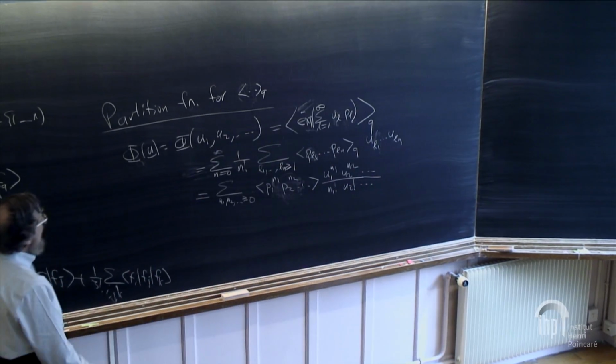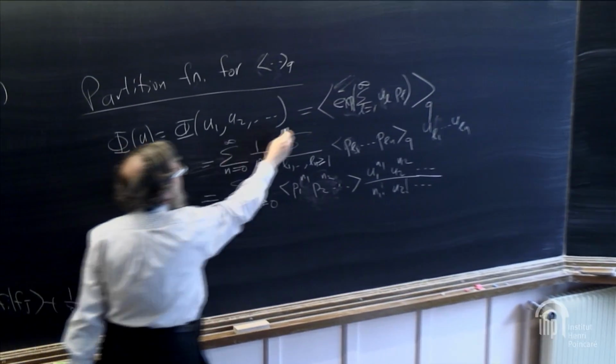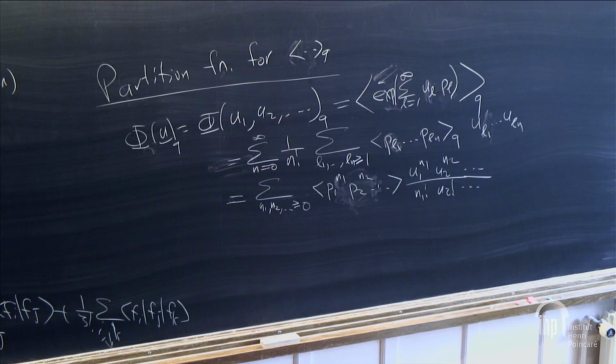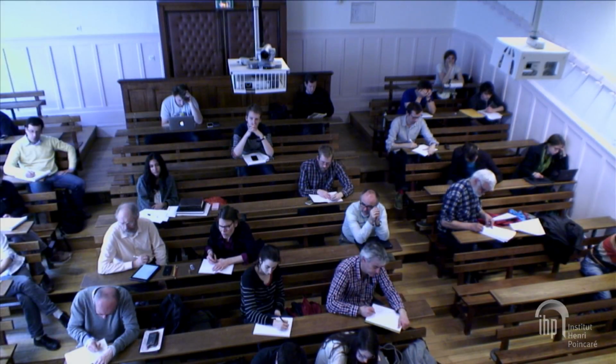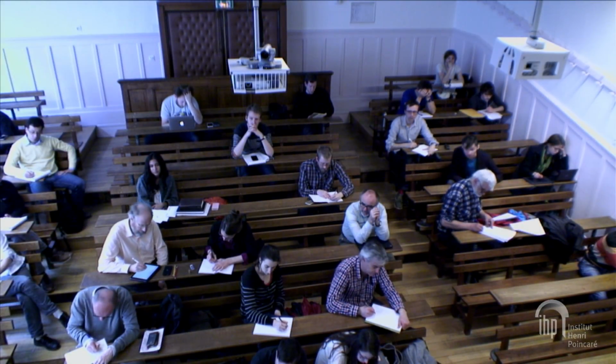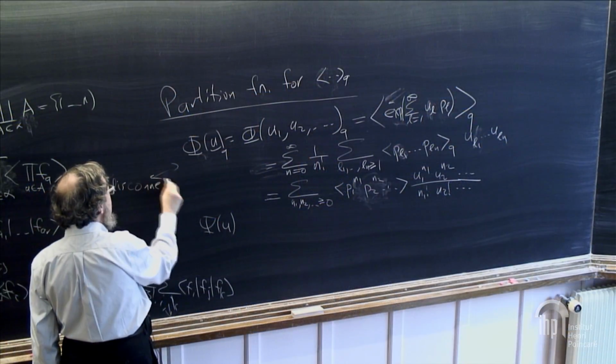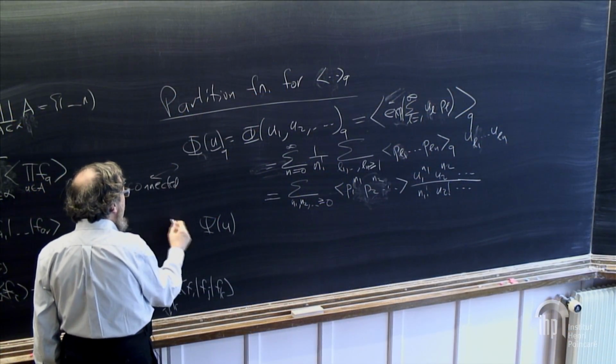Okay, so this was the, and this I'll put a Q to remind us that this is the Q bracket, and I'll remind you in a minute that there's another one which I put an X on, which is the X evaluation of that. But now I want to already, this corresponds to disconnected things in general, and then the connected ones